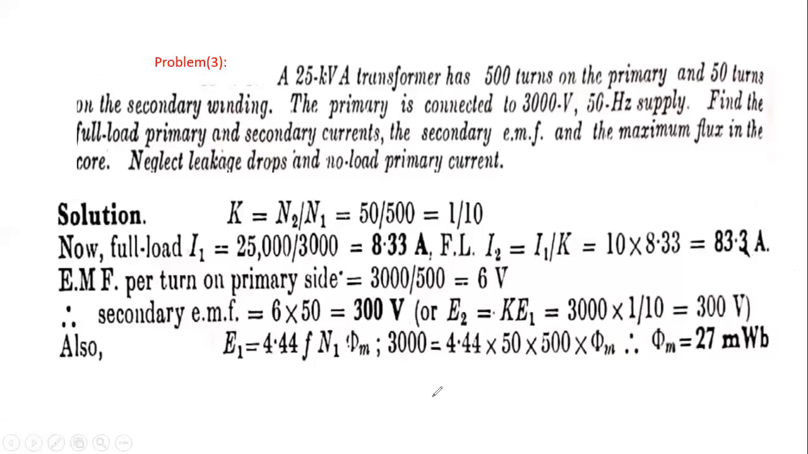Therefore, N2 is equal to, what is the E2 value? That is 3000 by EMF per turn, which is 8. Then N2 is equal to 375. Next we calculate the area of cross section, or the area of the core, by using